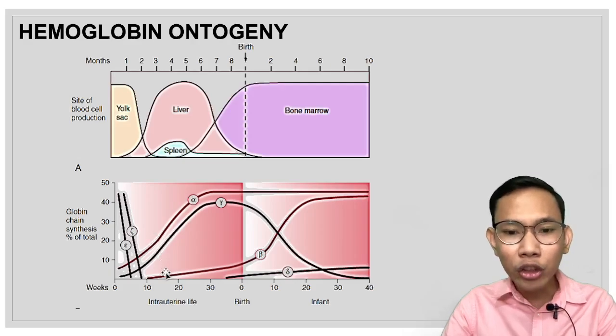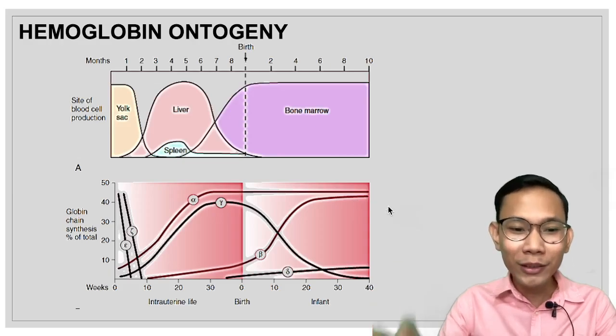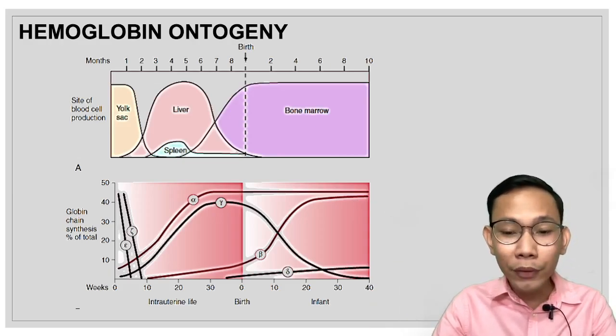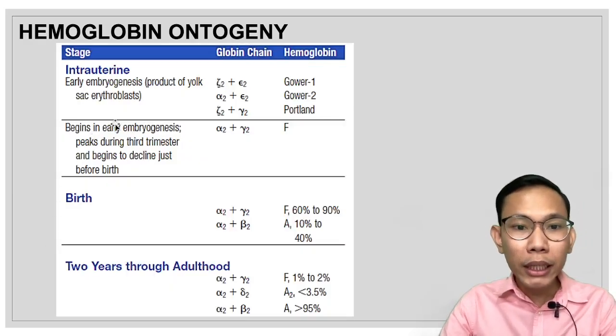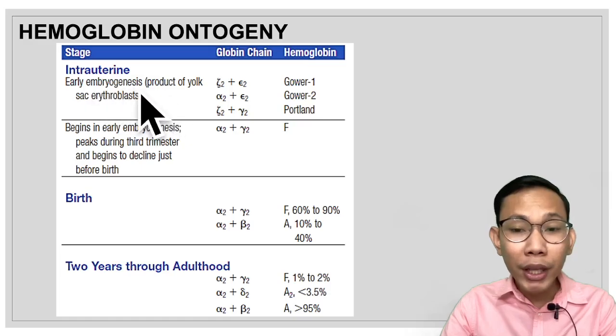And then, from birth through infancy until you become an adult, your gamma changes to beta. So, tingnan natin. I have a very good table for that para makita natin. Ayan. Intrauterine early embryogenesis,